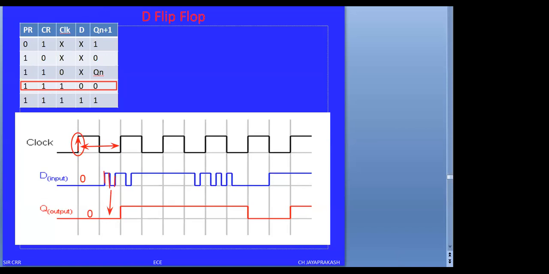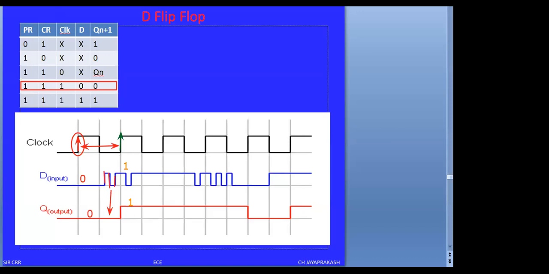మళ్ళీ ఎప్పుడు చేంజ్ అవుతుంది? Now the signal will be reflected only for the second clock pulse. This is the second clock pulse. Here, during this clock pulse only the data is going to be changed. During the second clock pulse, again it is seeing the d input equals to 0. During this clock pulse the d input equals to 1. Therefore the output value is also changed to 1.